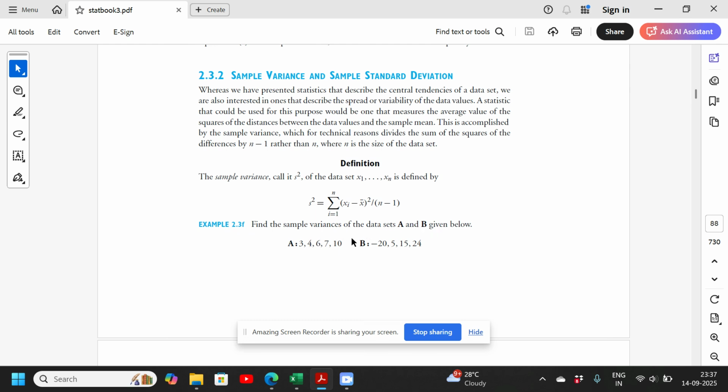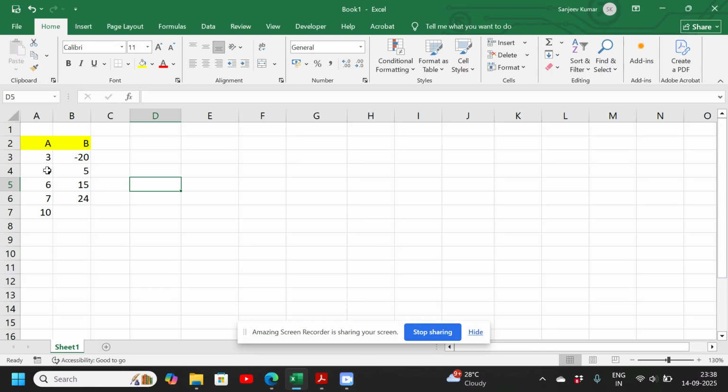So this is data set A and this is data set B, and here we have the formula of sample variance, which is S squared, equal to the sum of all the numbers minus the mean, squared, divided by the total minus 1. I have already entered this data here. This is data set A and this is data set B. So for data set A, we will find